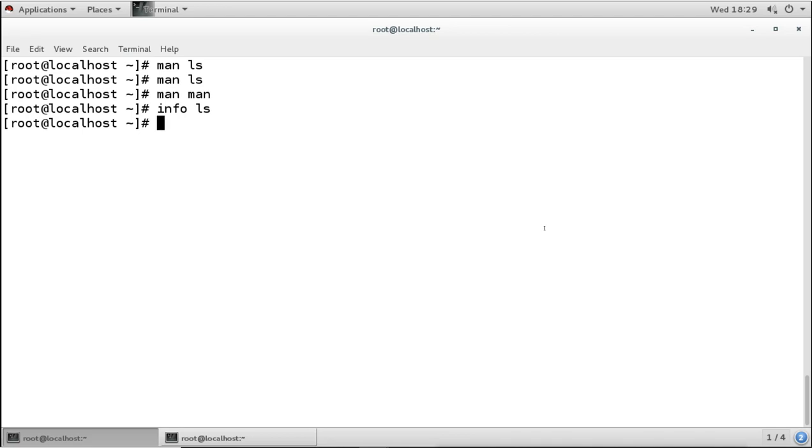So we have the help of the tab key to auto-complete file and directory names and commands. We have the help of the history, where we can have all the commands in the history. We can reuse the commands. Then to get more information about some particular command, we can use the man page, or we can use info also.